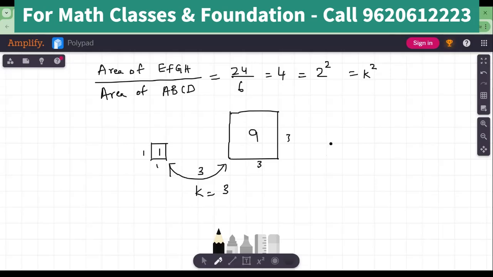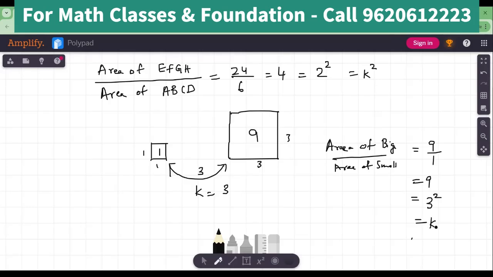Now, let's divide the area of the bigger square by the area of the smaller square. I get 9 divided by 1, which is 9, which is nothing but 3 squared. 3 is nothing but K, right? That is what we've seen here. 3 is K, so K squared. It is so beautiful that this relationship is always true for all similar shapes, not only rectangles and squares,